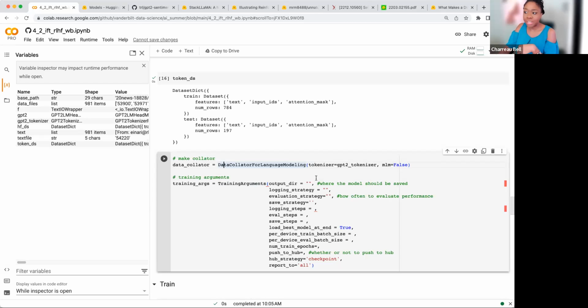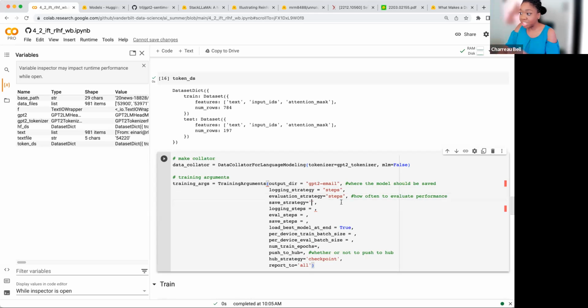First, the output directory is where the model should be saved, so the name of that directory. We're going to call that GPT-2 email, because the things that we have are emails. For the logging strategy, yesterday I think you had epoch, meaning that after every epoch it writes some log information out. Today, we're going to do steps to experience something a little bit different. Instead of going through a whole epoch and then logging, we're going to make it go through a set of steps. For the evaluation strategy, we're going to do the same thing. It's going to evaluate after some number of steps, which can be less than a number of epochs.